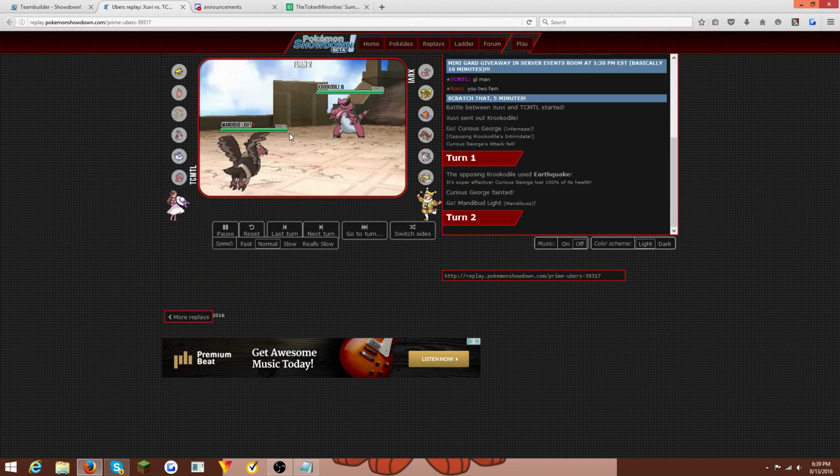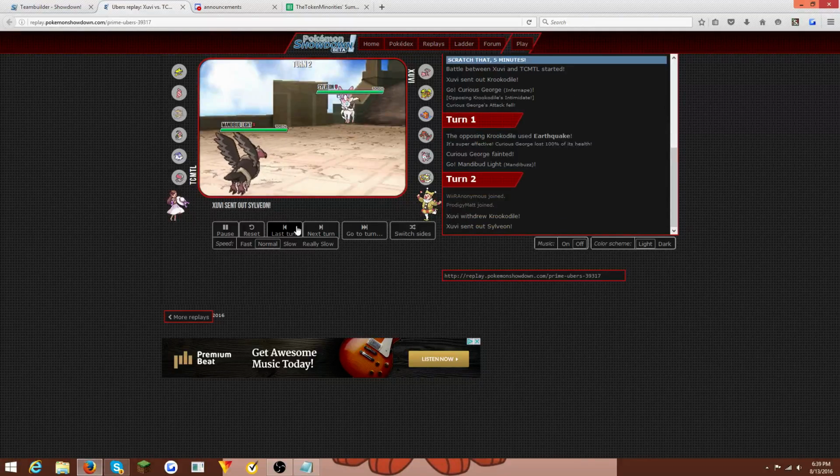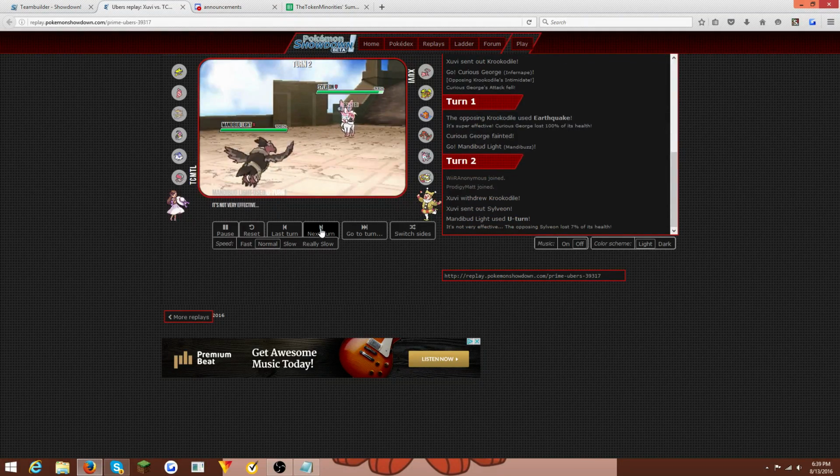Anyways, battle's going. He just goes Sylveon as I U-Turn out. I knew he wouldn't stay in, he's locked into Earthquake. And so I just go into the...